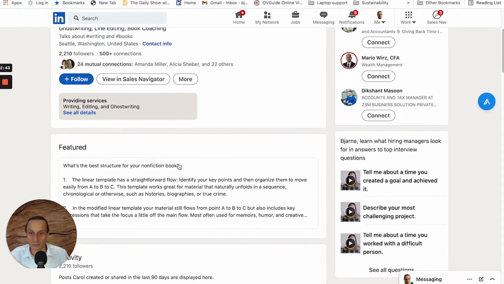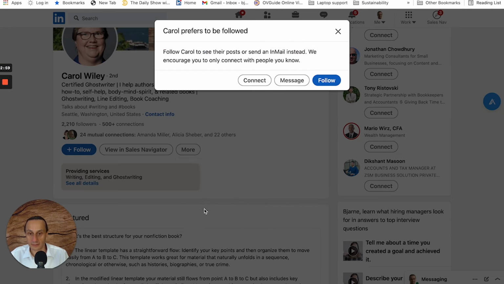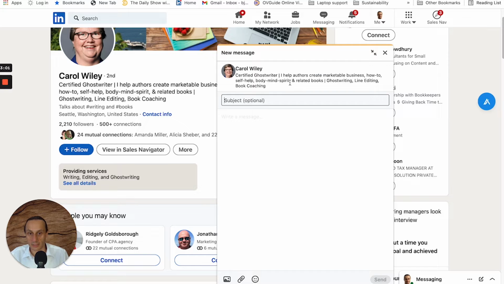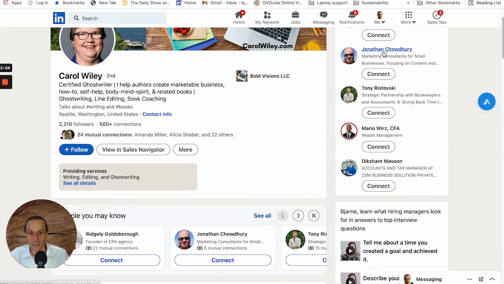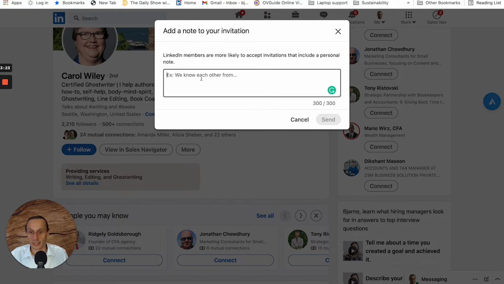So in order to reach out to her, what we can do is we can either click connect here if the button would have been there, but currently it looks like she wants to be followed. So what we can do instead is click more and click connect, and we want to put in the message option ideally, but here we want to send the connection message as part of the connection, so not as a separate message. So we're going to click connect, add a note, and here we can put in a few words to Carol so that she is willing to reply to us.